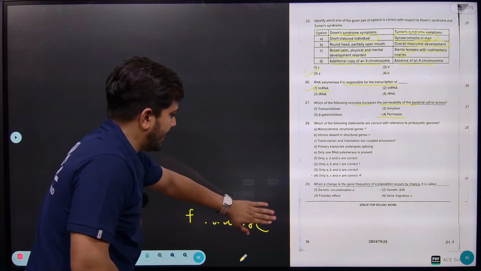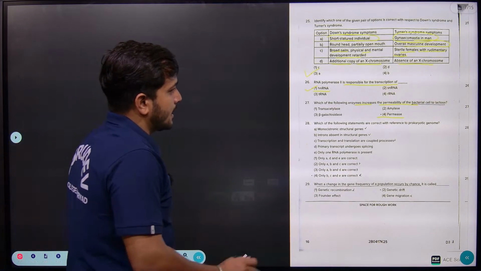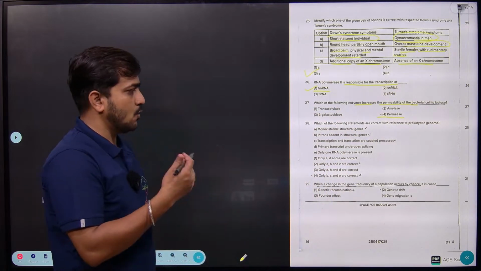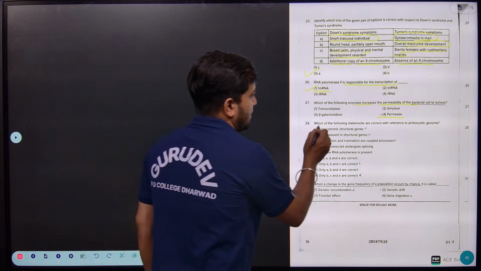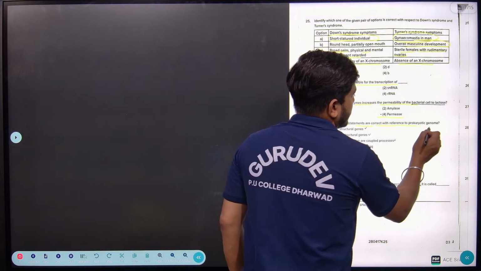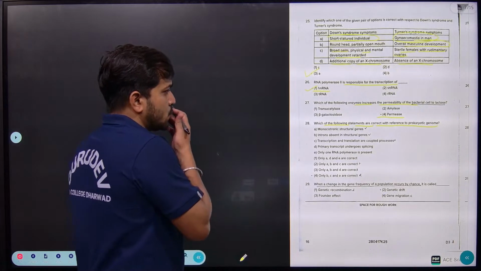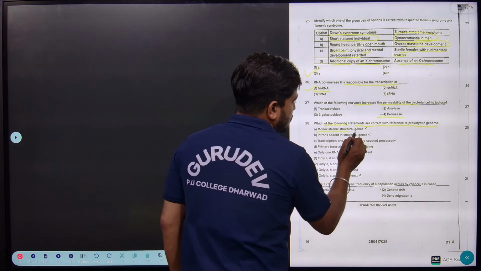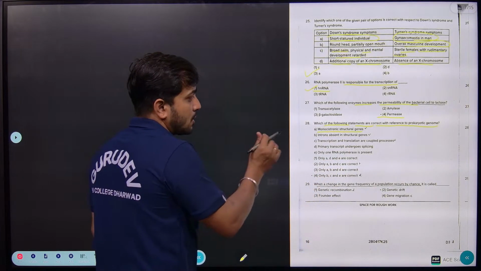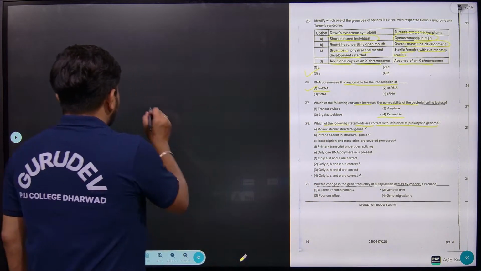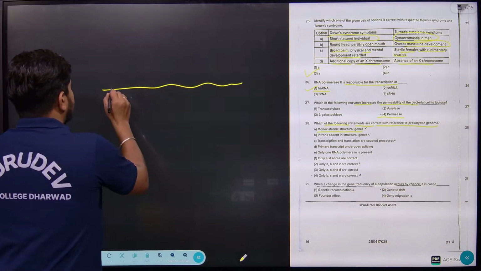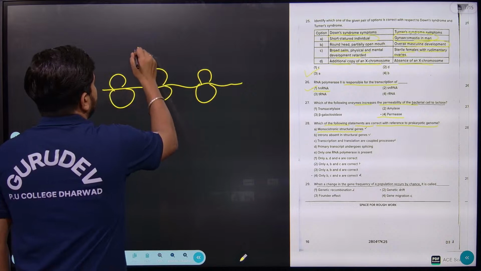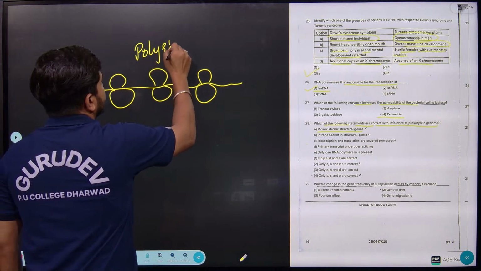Then consider the 28th question, right, which is again related to mRNA and how protein synthesis can take place. Which of the following statements are correct with reference to the prokaryotic genome? Here in the prokaryotic genome, the structural gene is known to be monocistronic. No, it is not known as monocistronic, because with respect to the single mRNA, there will be attachment of many ribosomes on it. This condition we mainly call polyribosomes.